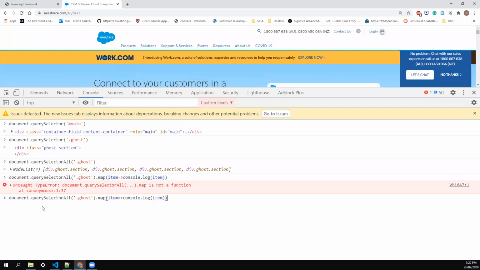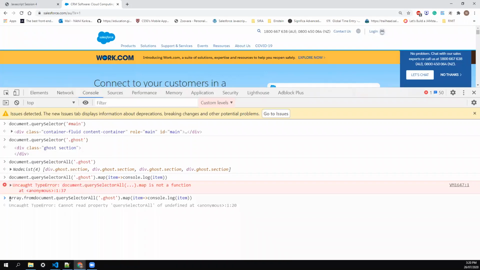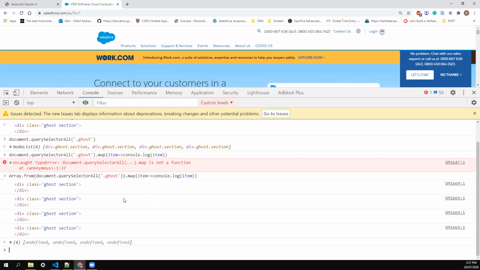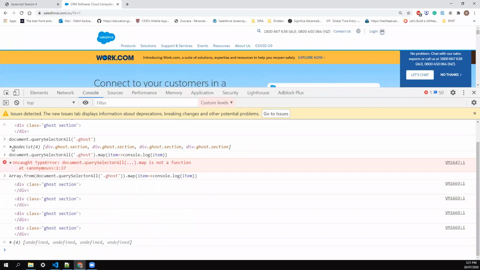If you have seen the LWC documentation, they would have used this operator, Array.from. We are converting the actual list to an array. These lists are array-like nodes, but not exactly arrays. To convert these nodes, we use Array.from, which converts the NodeList into an array, and then you can run your map function.